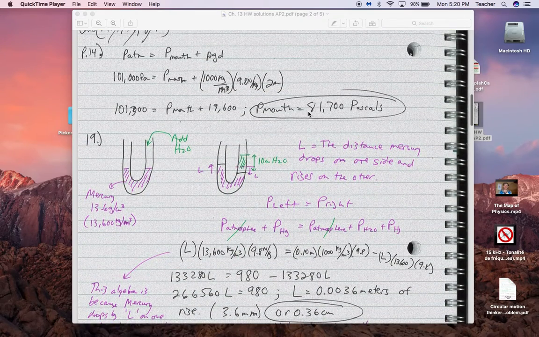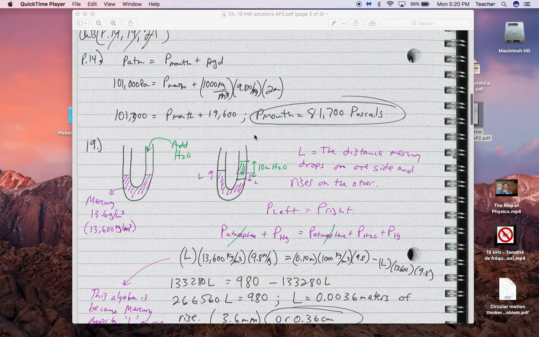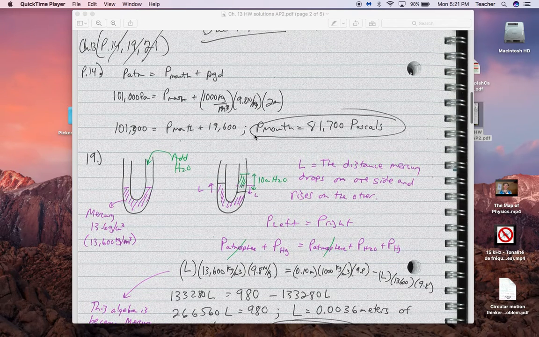For problem 14, what's the... that's weird. I gotta go look at that. I did not remember that particular question. So for problem 14,